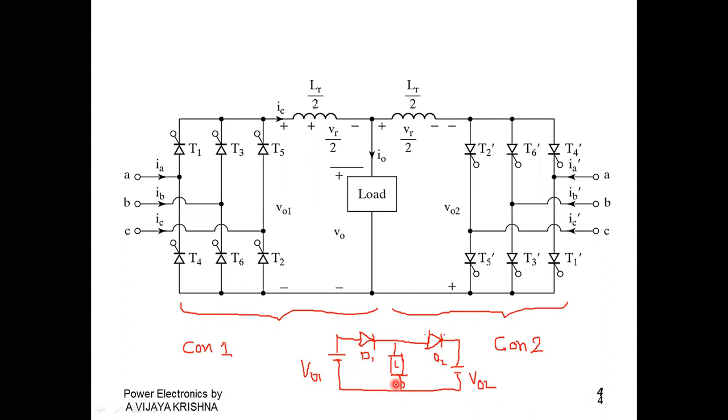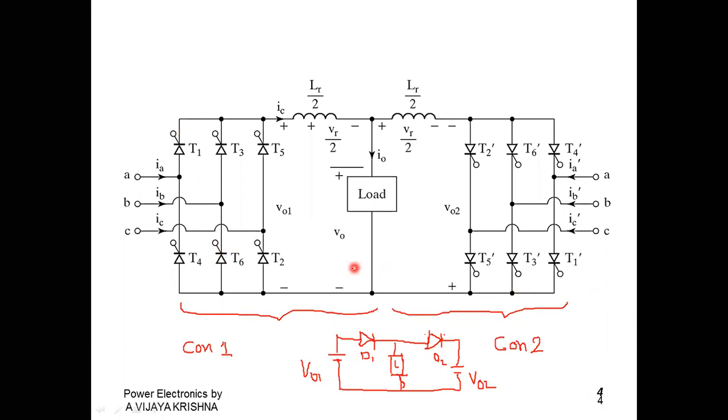Here the dual converter switches are also represented as diodes. The firing angles of both the converters are controlled in such a manner that their average output voltages are equal in magnitude and have the same polarity. If you observe, we have 6 thyristor switches, and for the 6 thyristor switches we have firing circuits. With respect to the firing circuits, we provide the firing angles for all the 6 switches, for the converter 1 circuit and also the converter 2 circuit.